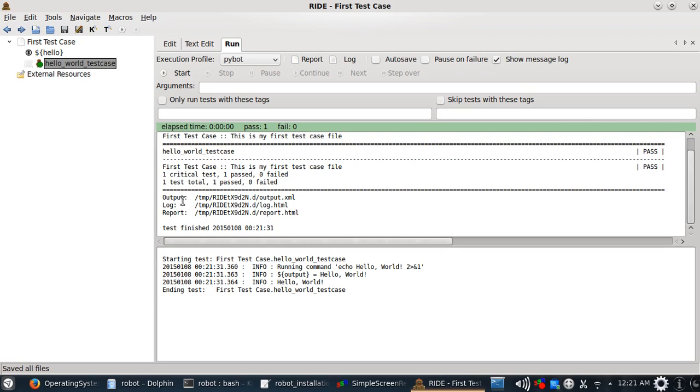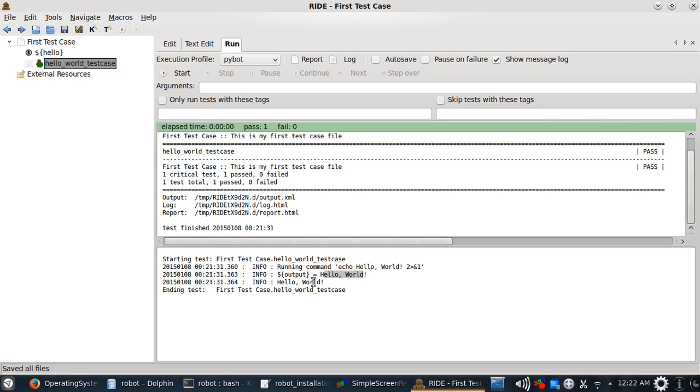We can see that Robot Framework has generated output file, output.xml, a log and a report in HTML format, and we can see the output of each of the steps, which says running the echo hello world command. And then since we are logging the output, it is displayed here that output returned by the command was hello world, and the test case passes since